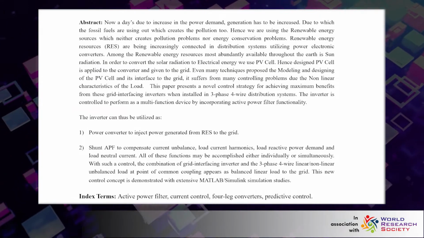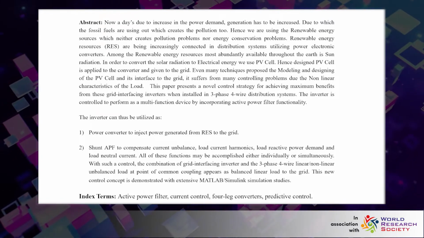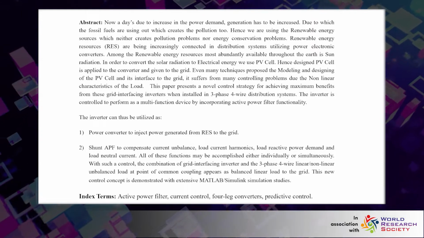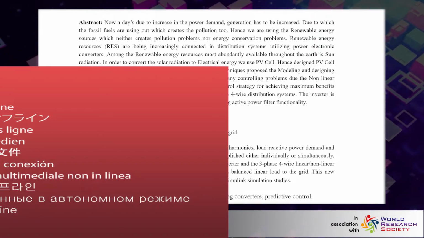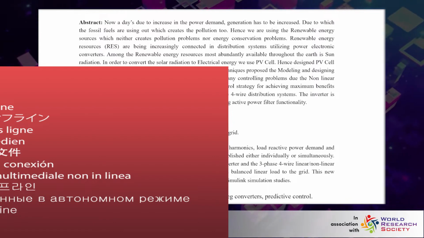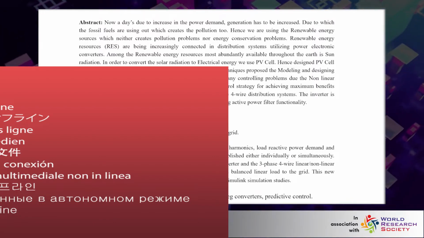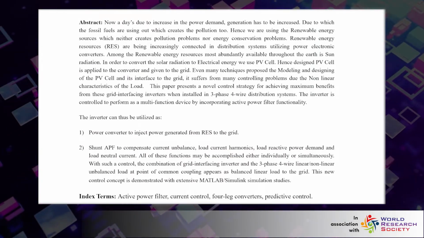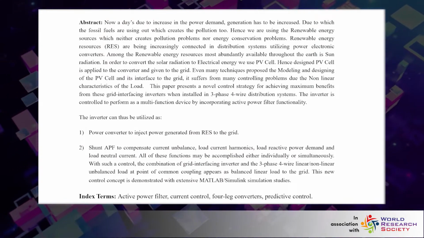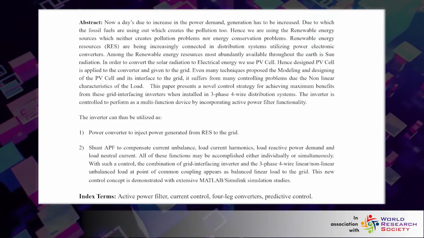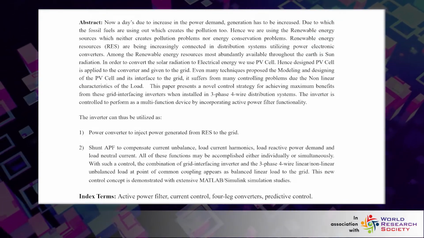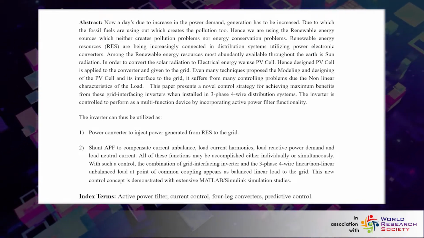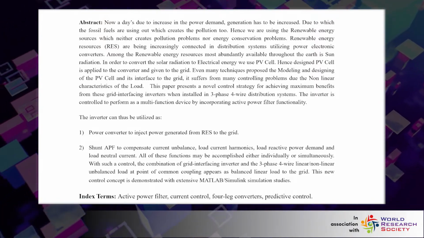As we can see in the different types of distribution systems nowadays, they're going for a hybrid combination of renewable energy sources, and even the government is providing a subsidy for us. My main motto was electric vehicles and hybrid electric vehicles, because for 13 years I've been working on them. We have developed an electric vehicle in our college. We want to integrate an electric vehicle to the smart grid. That was the theme. So for integration, we require a solar PV system, which is connected to the distribution system